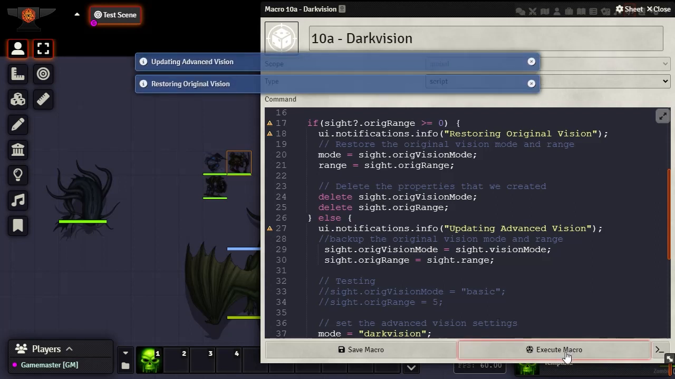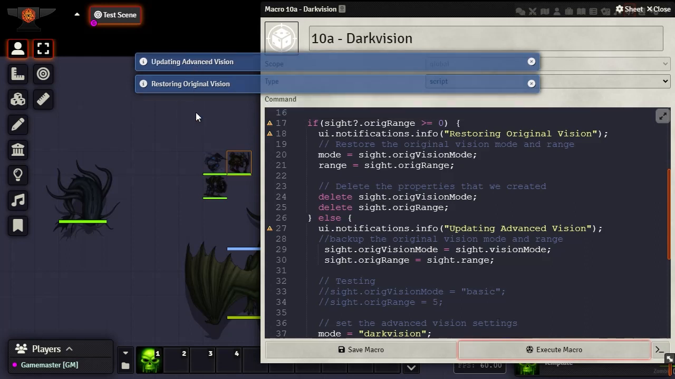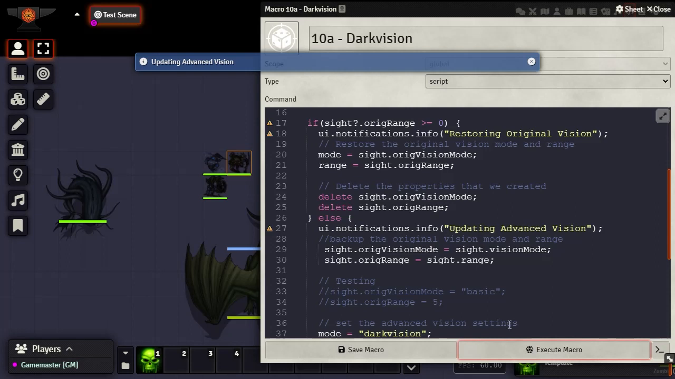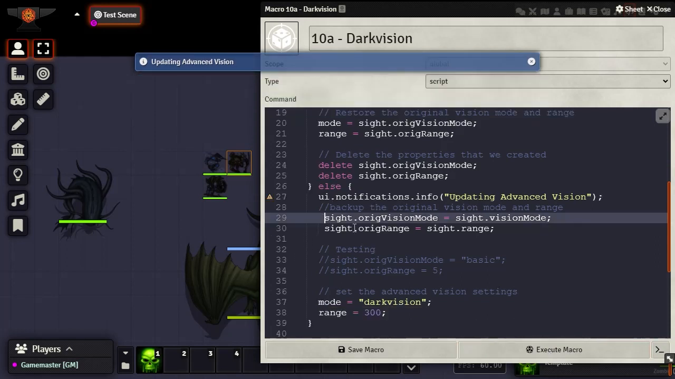It's just going to say it's reverting to the original. And you'll notice it's actually doing it right, which is even more confusing. And it's doing it, you know, original vision, advanced vision, original vision, advanced vision. But it's not actually changing anything. But if I do set this again